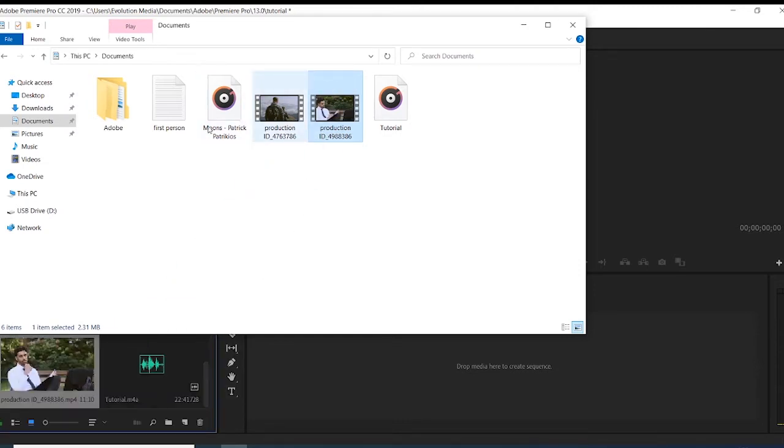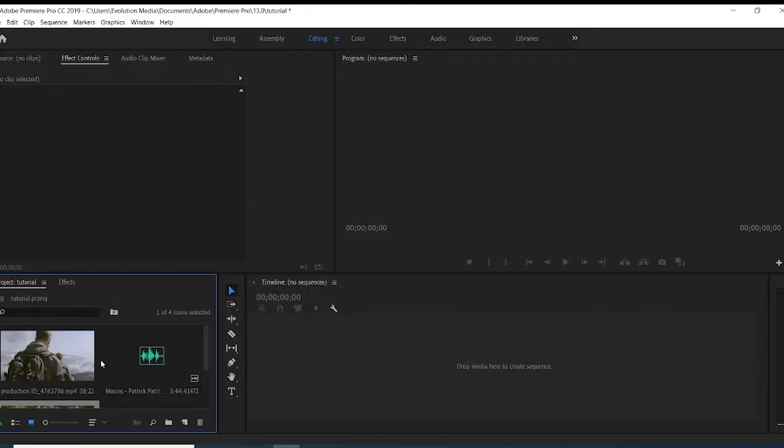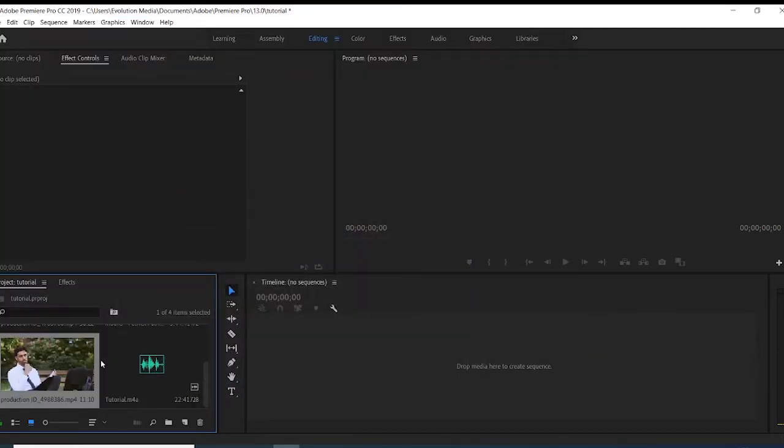So now I've dragged all the documents that I want to mix together. I drag them here onto my project tutorial. So the first thing that I will now need to do is to bring them in. What I now need to do is to bring them into my timeline, and then do the editing that I want to do, and then export them.